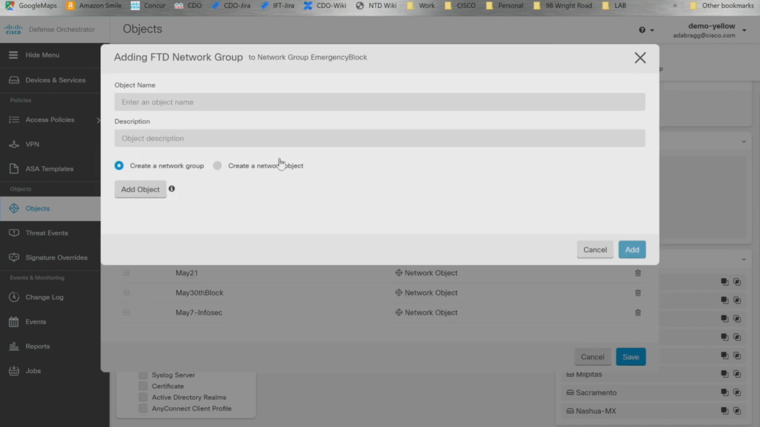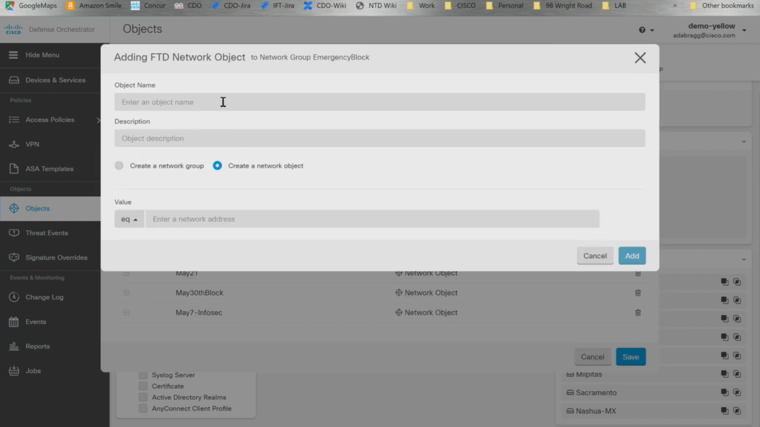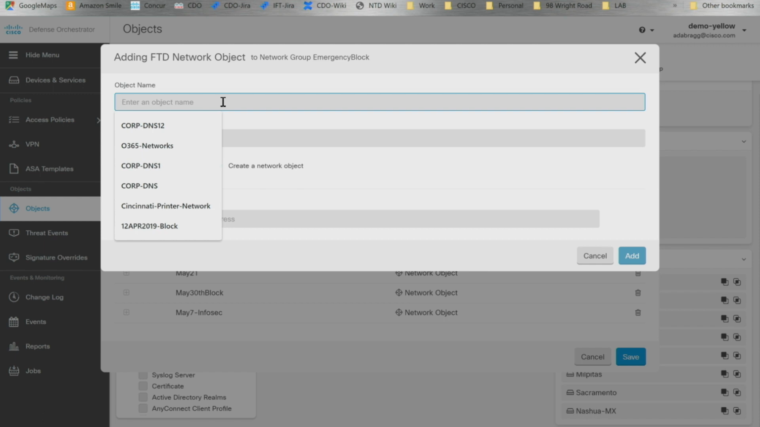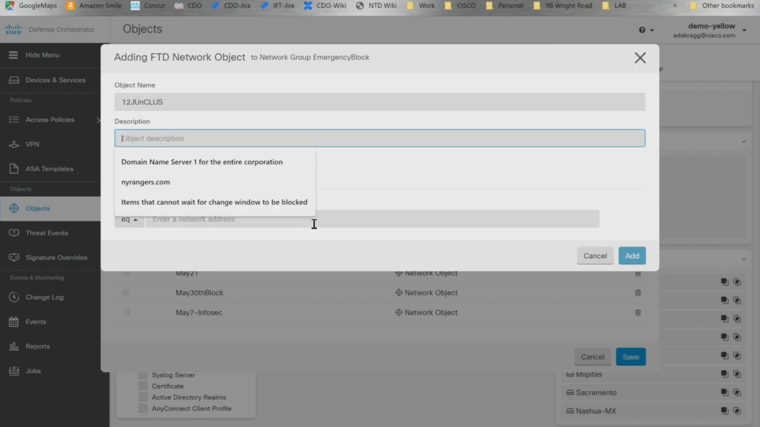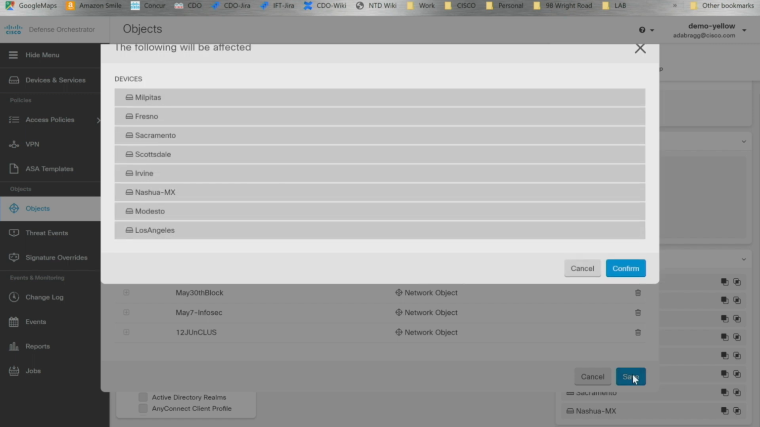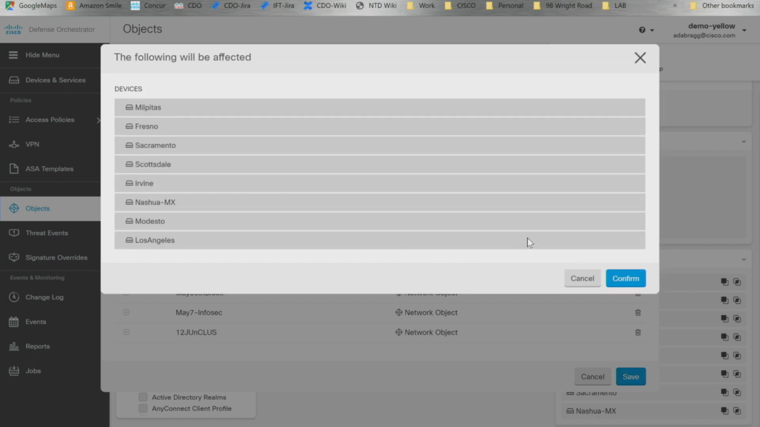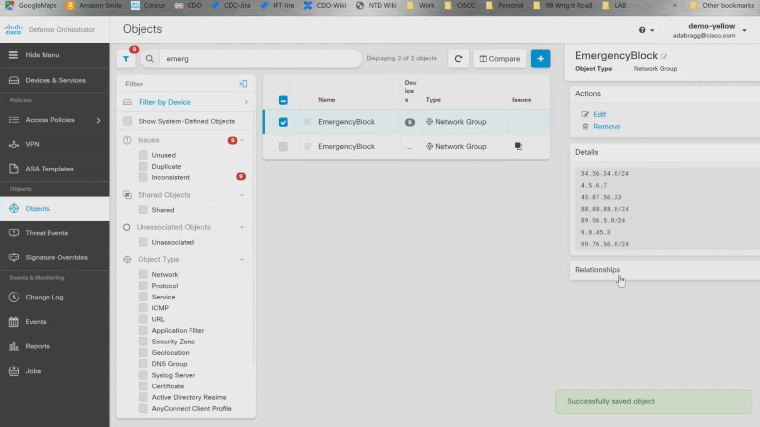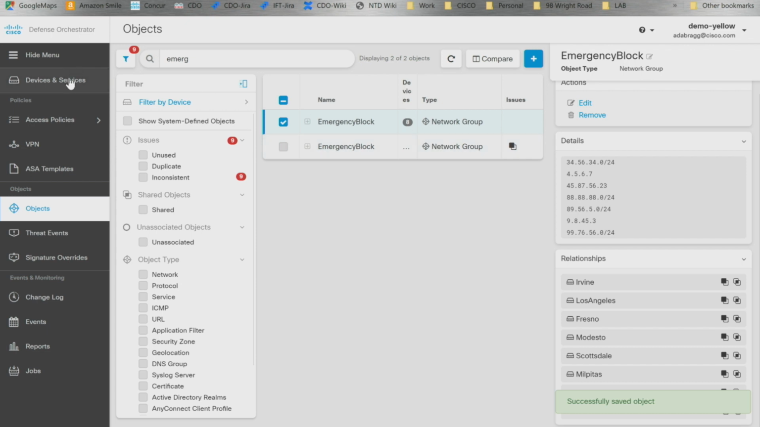Let's go ahead and create a new object for whatever that vulnerability is. So let's call it 12 June Cisco Live. I'm going to put a value in here and add it and save it. And now all of these devices are getting that update inside of CDO. So when I go back to my devices page, right now we're running the algorithms in the back end to populate all those